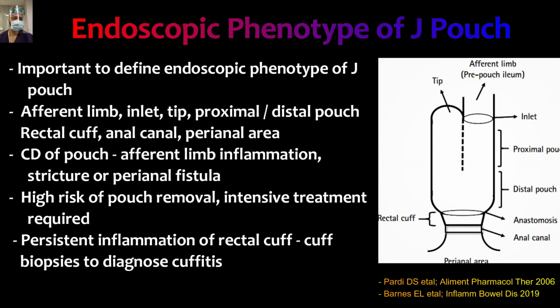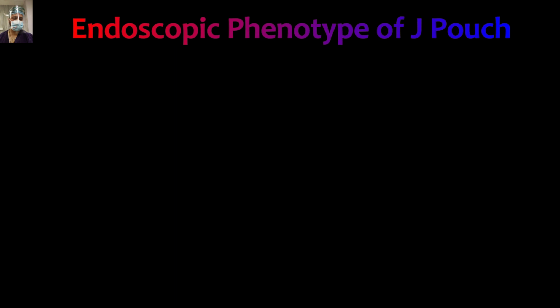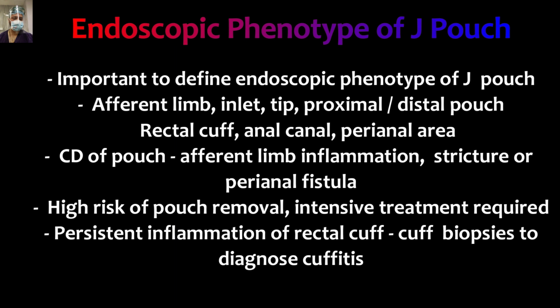You can take the biopsy from here and understand if we are dealing with Crohn's disease of the pouch, then this is a high risk for pouch removal. And so accordingly all these things will be able to guide the treatment, and we can switch over to biologicals or the steroids, whatever is required, because some of these patients may require the cuff excision or the pouch